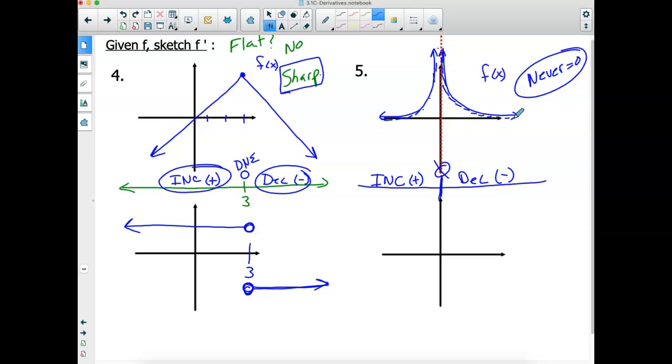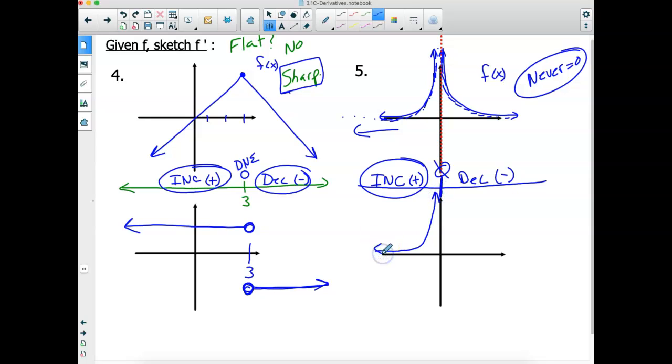Okay, so when I graph this, I'm always positive, but as I'm going way out to negative infinity, it's getting snug as a bug in a rug. My slopes, my tangents, are slowly approaching 0, and as I get closer to 0, they're getting super huge positively. That would mean